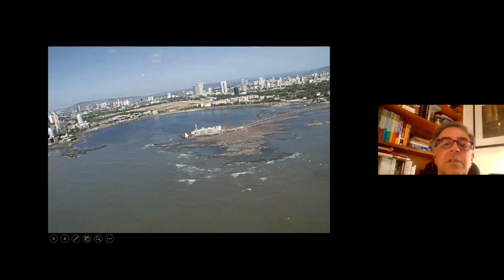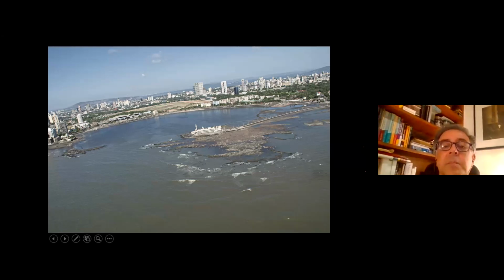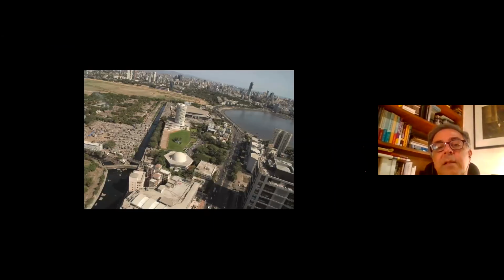Again, another view of Haji Ali, and the sea used to come in from here and inundate 40,000 acres of land, which is why this embankment was actually built to stop that from happening. But that's all very low-lying land, so it does tend to get flooded. Again, another view of Haji Ali with